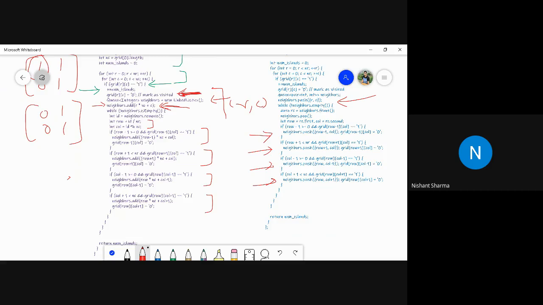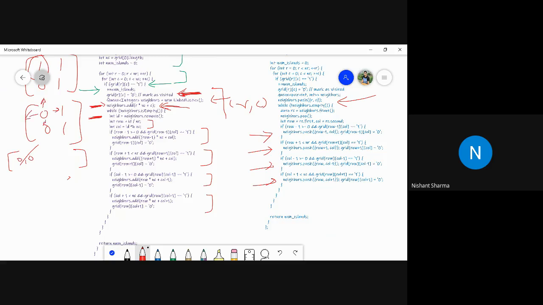So for the input matrix, suppose this is my queue. Initially I store 0, 0 with this line. Now I remove this 0, 0. Now I try to check all the 4 directions, this and this.